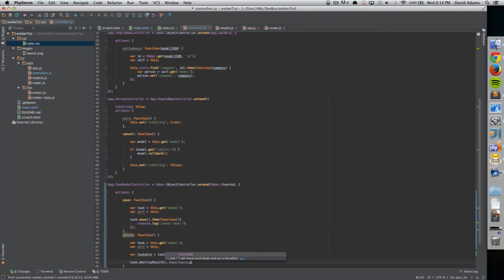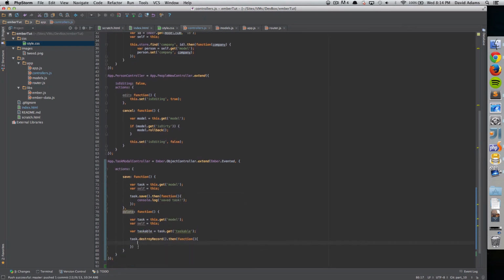Then we're just going to assume that it's not going to have a failure, because I've already showed you how to deal with failures. So if you want to display errors, you'll know how to do that. But I'm not going to do that for this video. So we're going to call task.destroyRecord, and that's going to issue a delete request for this specific task. And then in this success callback, I want to,